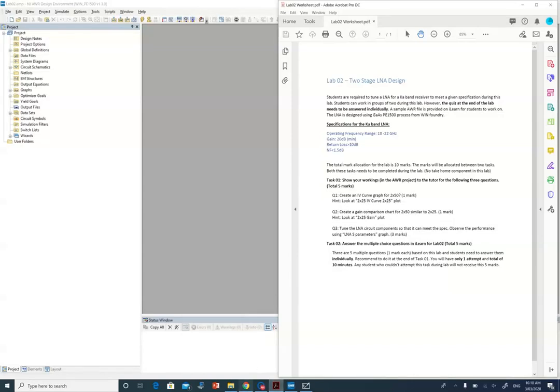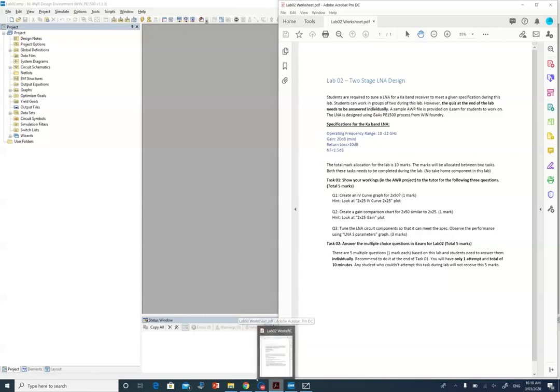Okay, so this is a brief introduction to Lab 2. In Lab 2, you will have two tasks again, but the Lab 2 total marks is 10 marks just for the lab, so it will be effectively 7.5 marks when you take the total score for the subject. Now the first part here, what you need to do is go to iLearn,